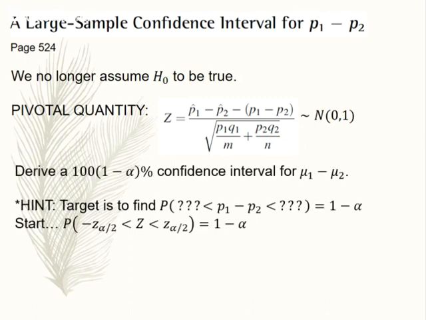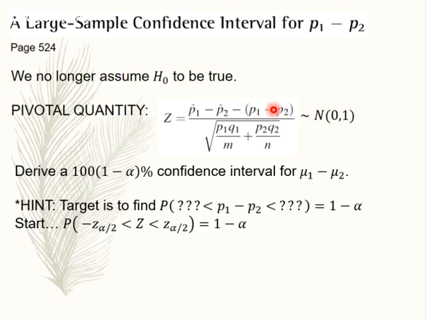So if you follow this procedure as usual, you want to find the 100(1 minus alpha)% confidence interval for P1 minus P2. You can just ignore that small error there. But here your target is to find this. What can you put there and there such that the probability of this thing being between those two values is 1 minus alpha? So you're going to start from here with that value, and then you're just going to manipulate this test statistic, or rather pivotal quantity,